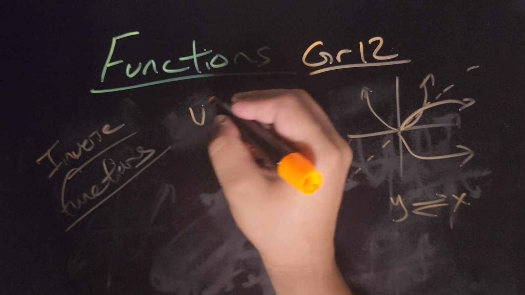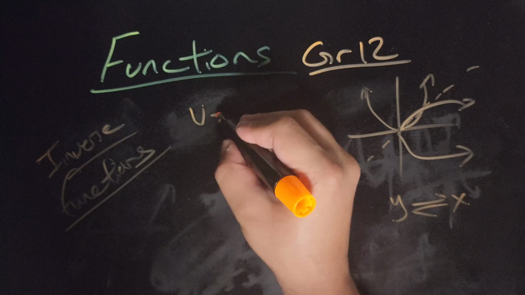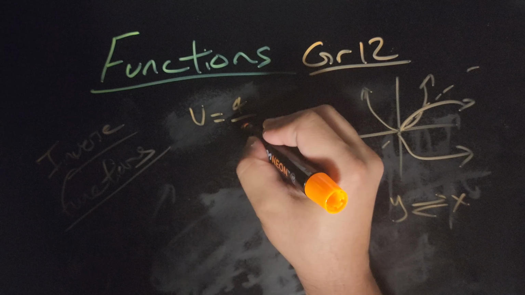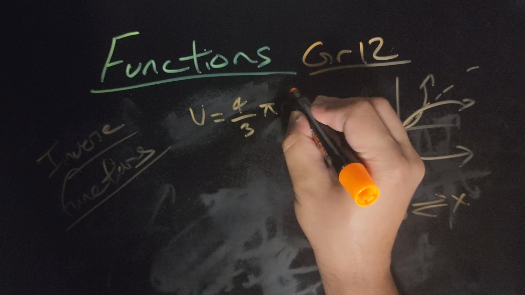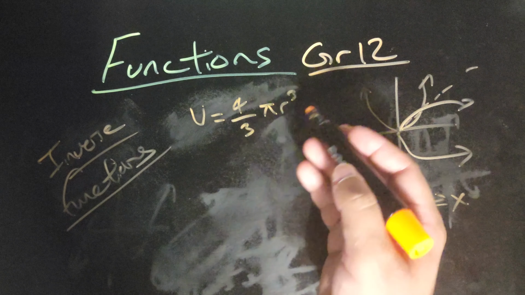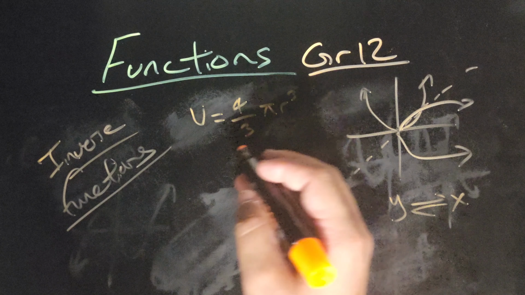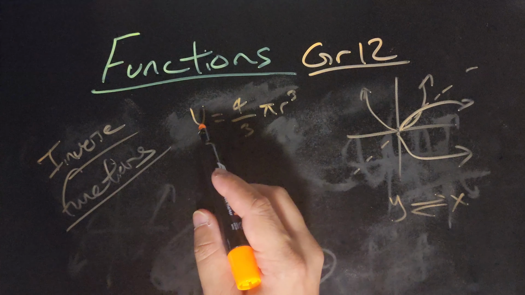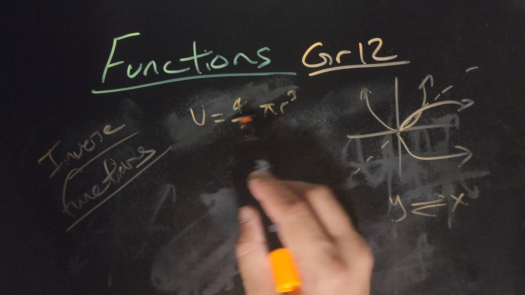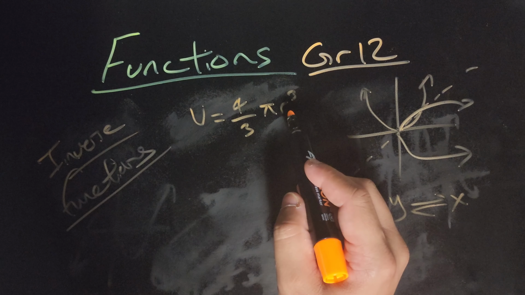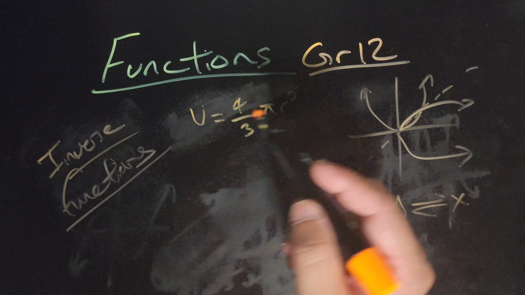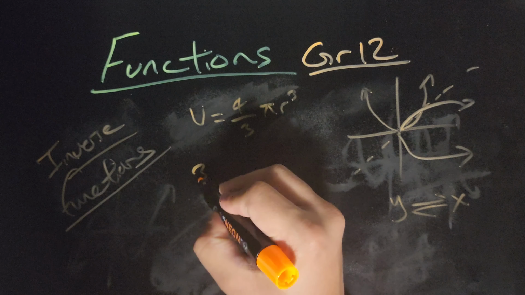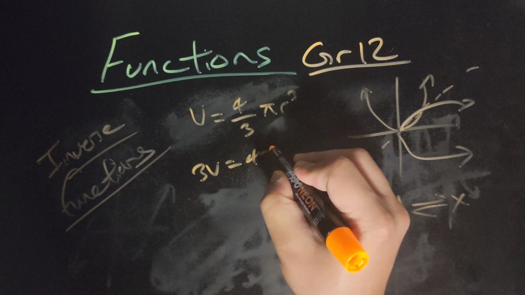So for example, if you took the volume of a sphere, which is volume equals 4 over 3 pi r cubed, if you wanted to find the inverse of this, you would just isolate r. Right now, v is a function of r. So if we swap it to make it the opposite, we can multiply this by 3. 3v equals 4 pi r